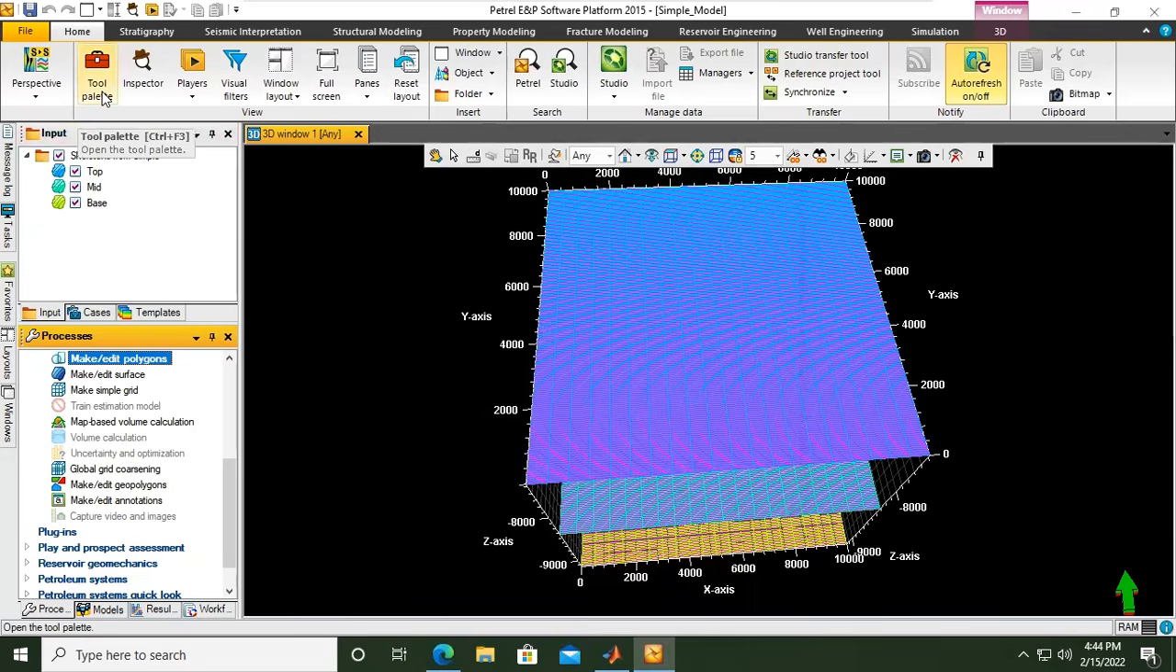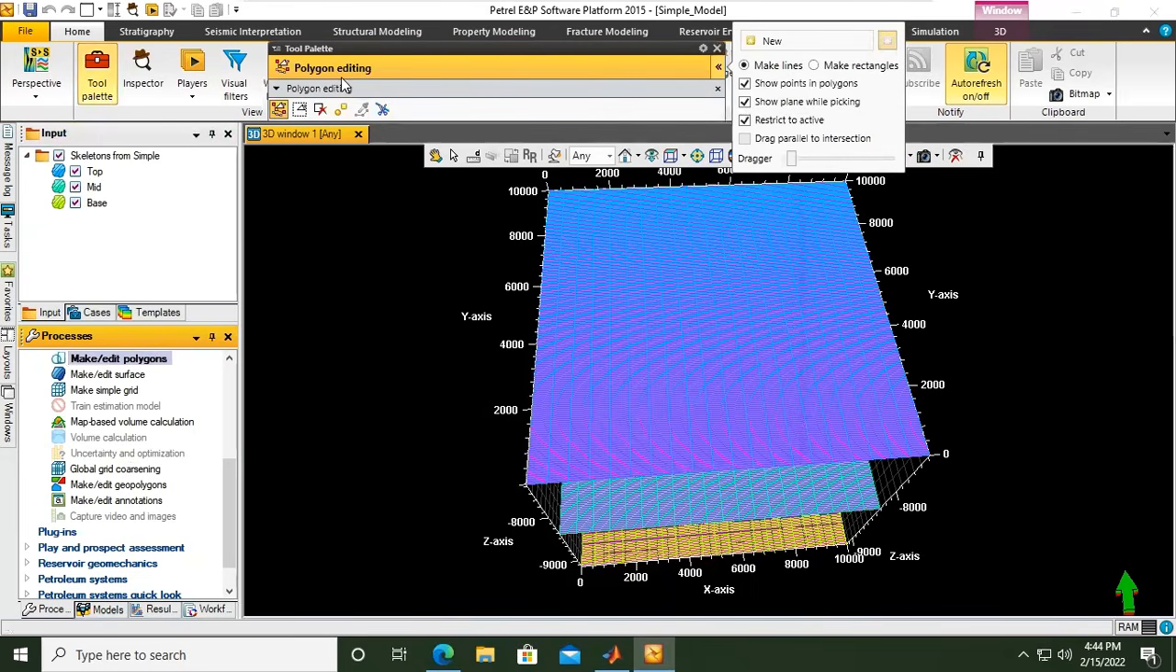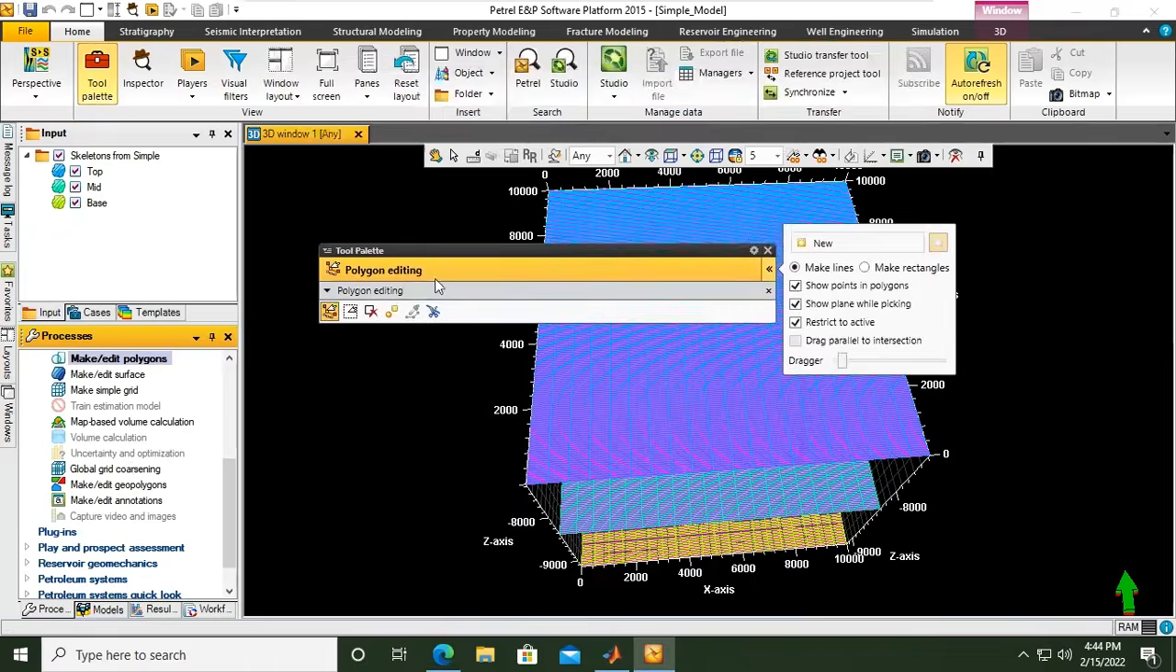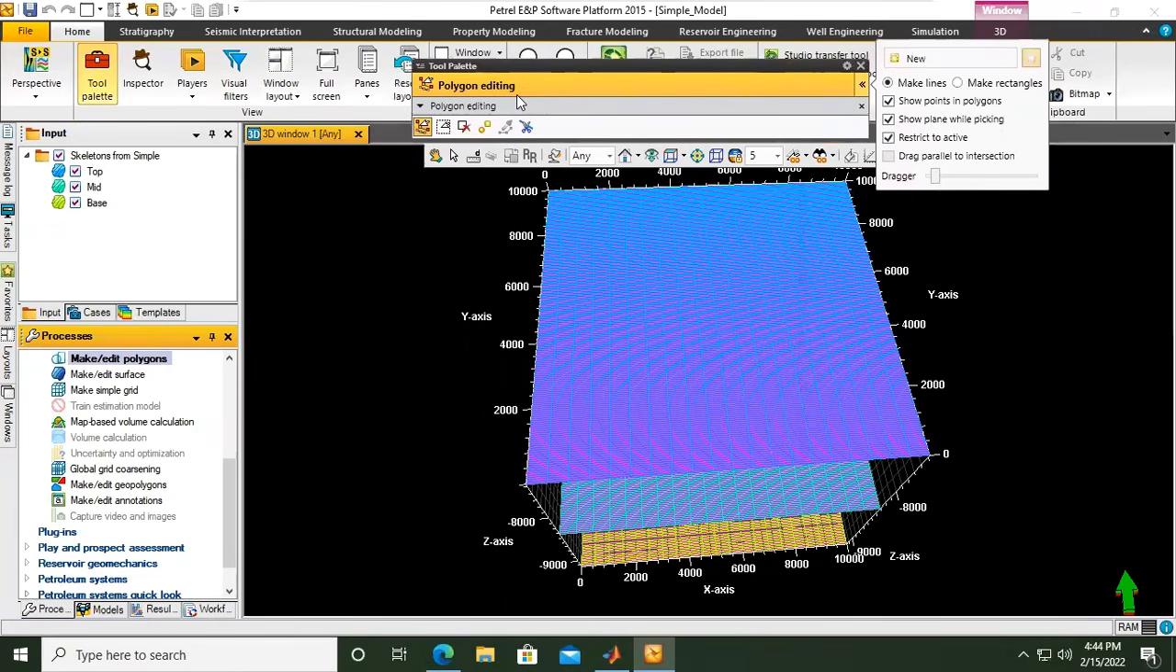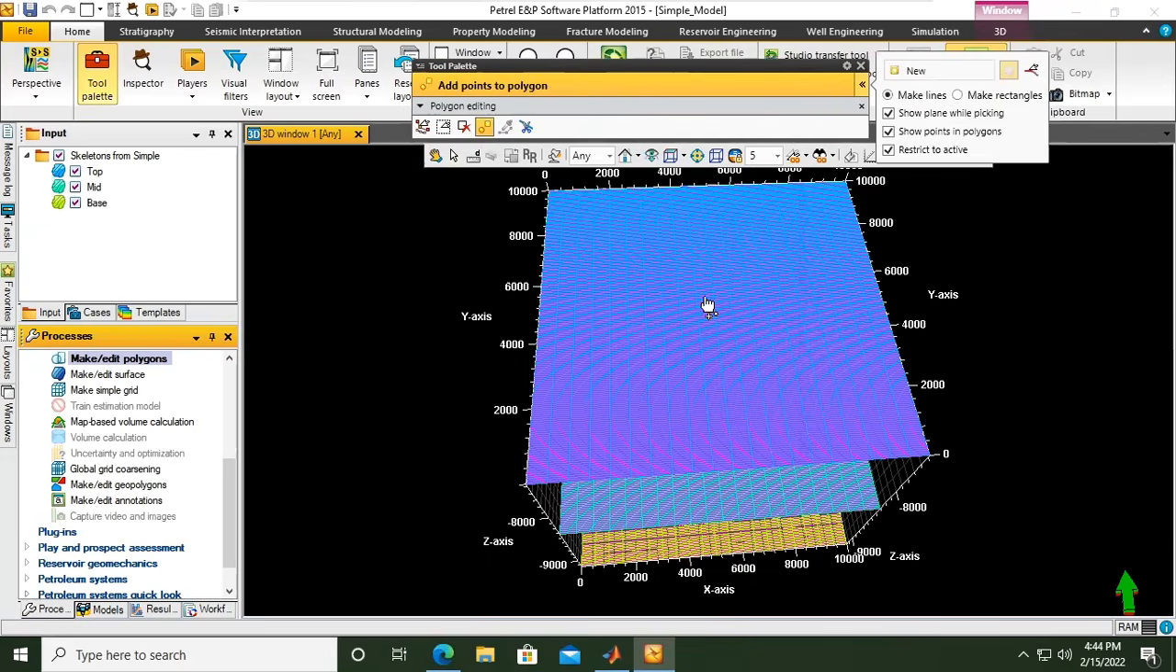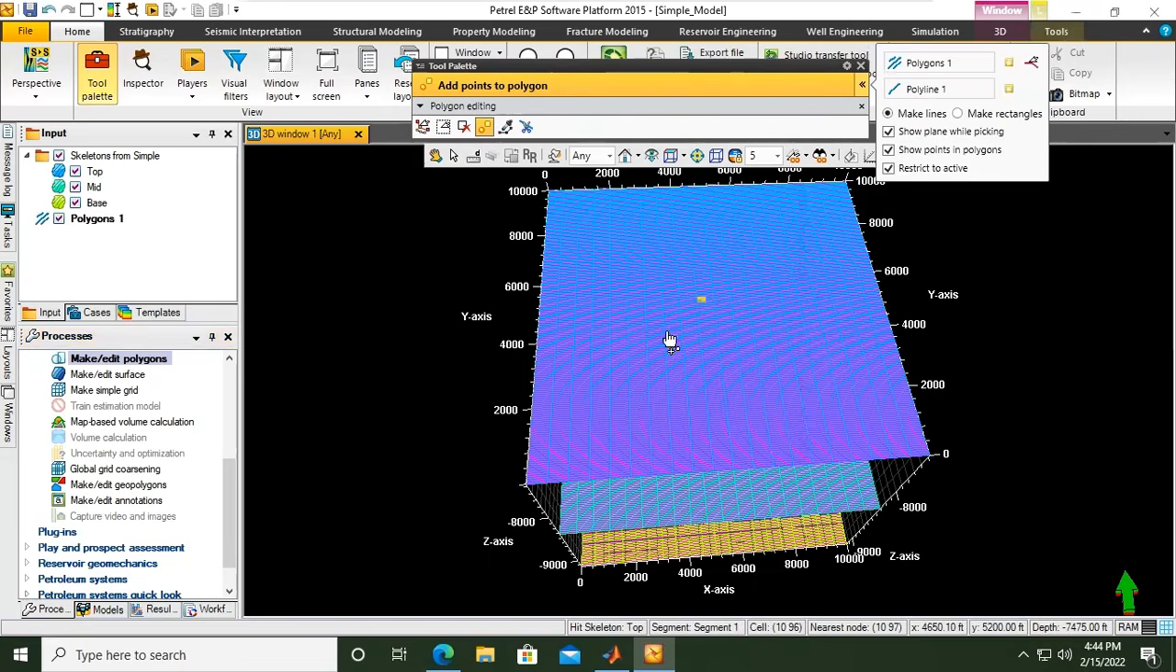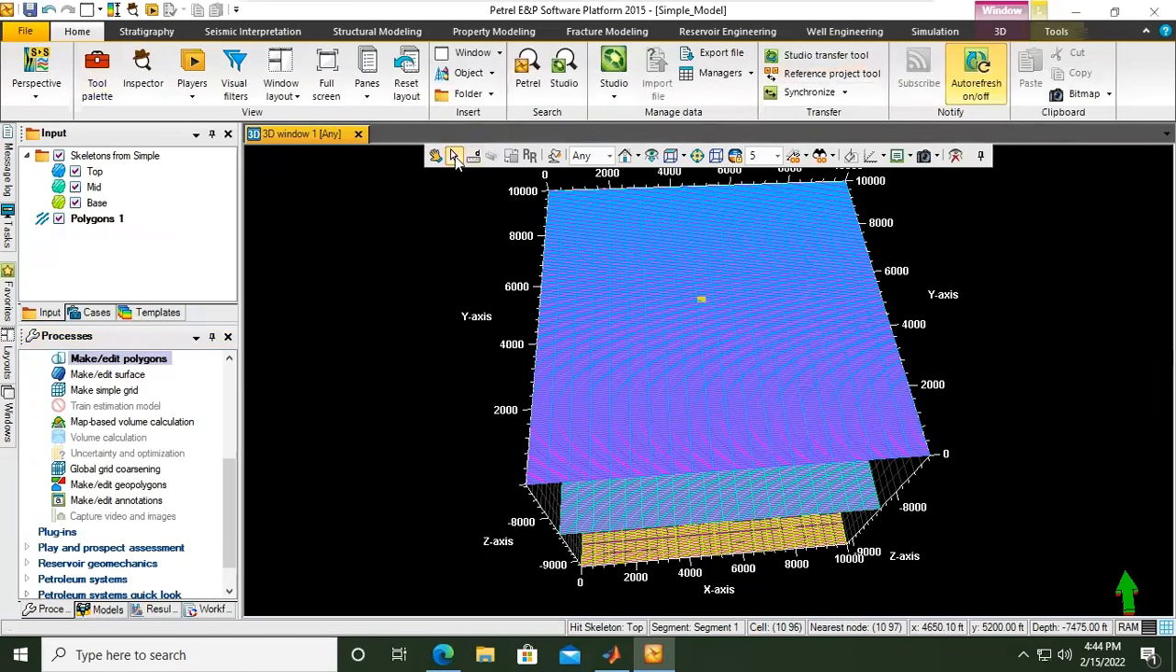Okay, so I will make polygon, and we open the tool palette. You can see here polygon editing. Okay, I just want to use this one, add points to polygon. And for example, I put the point here. Okay, here, so you can see my point here. And you can see here I have the polygon. And then if I close and I change to select,